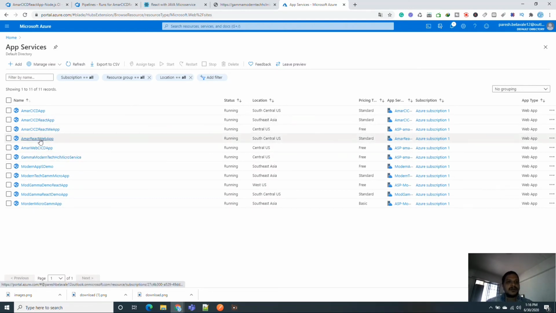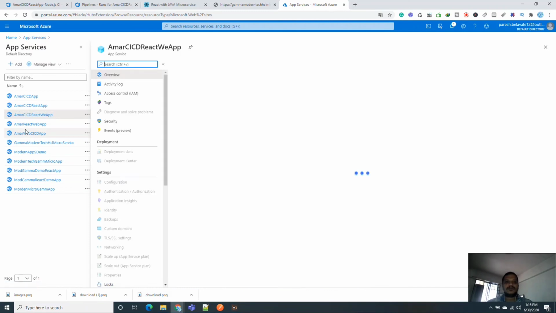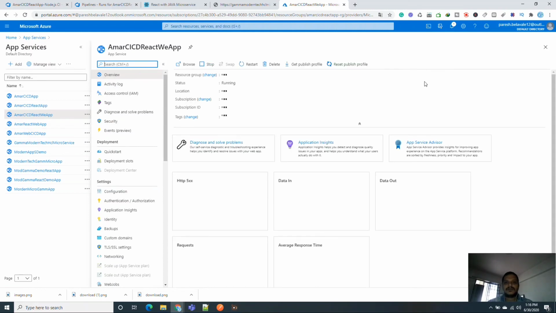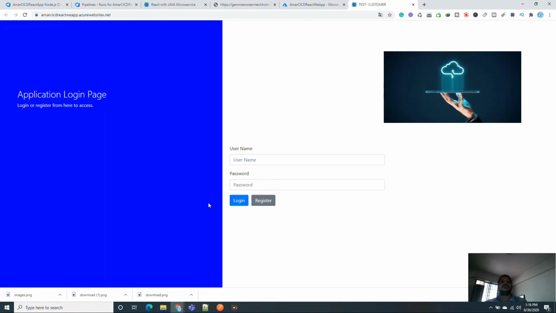Just see, it is running. I have already linked this app service in my continuous deployment configuration. And this is my URL, so I'll just open this URL. You see, I am able to see my React application here.